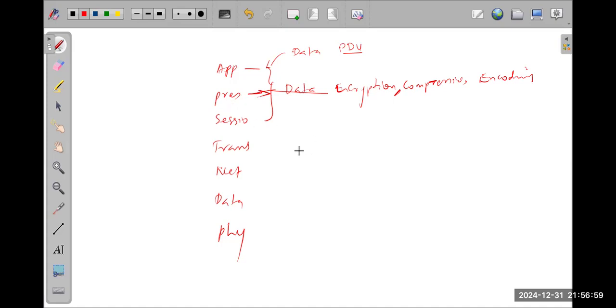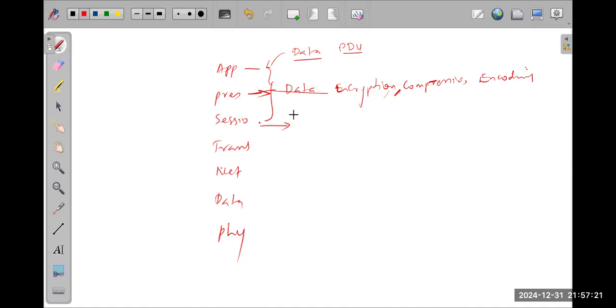If you want to encrypt, you will encrypt. That means you are converting to ciphertext and sending. This is done for the purpose of security, and then the data will be transferred to the session layer.